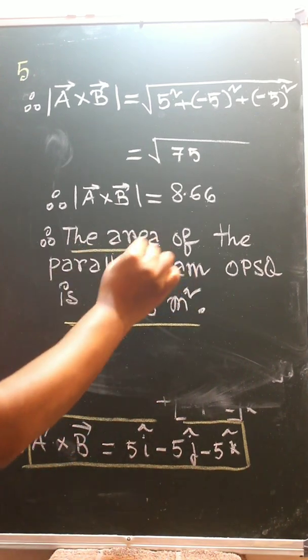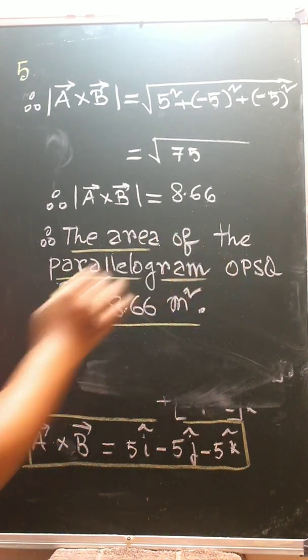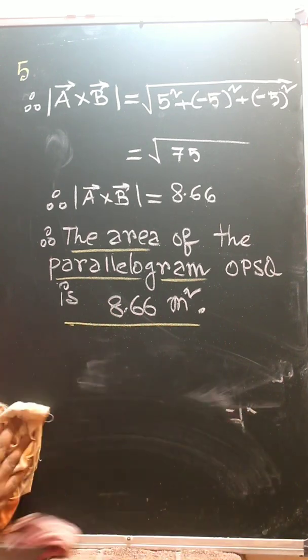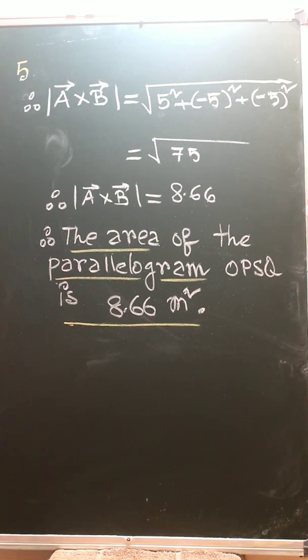This is the area of the parallelogram OPSQ having the two diagonals, vector OS and vector